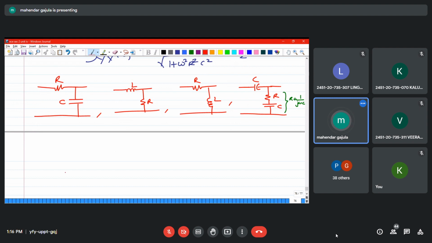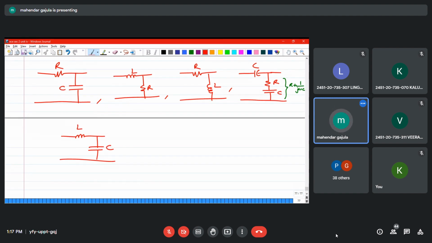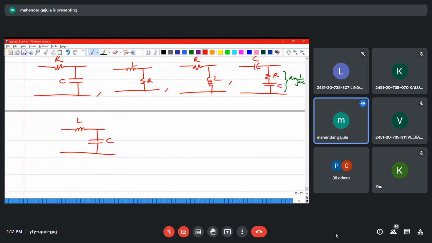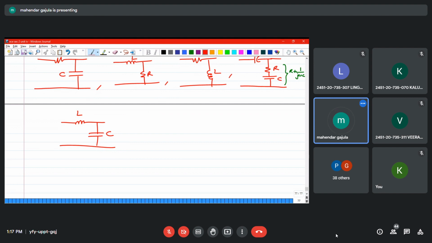L and this is C. So try these problems. Input is white noise, that is power spectral density is N by 2. Okay. The last topic in this subject,